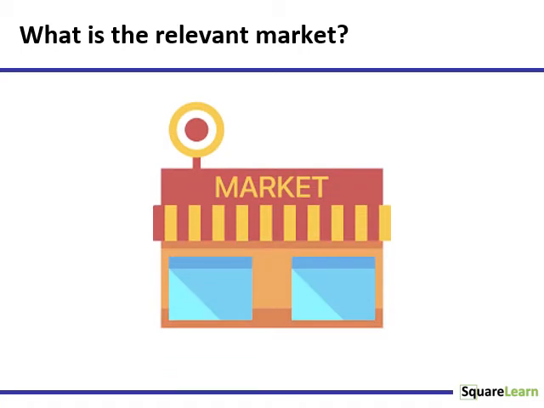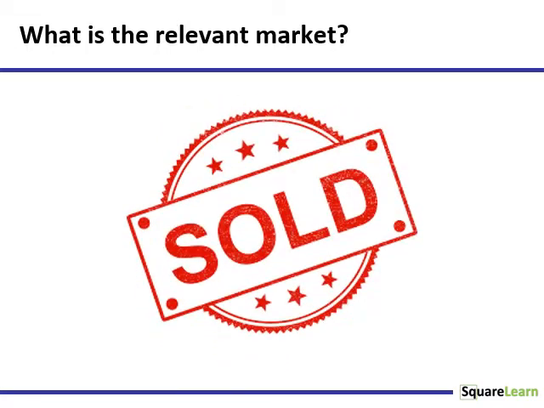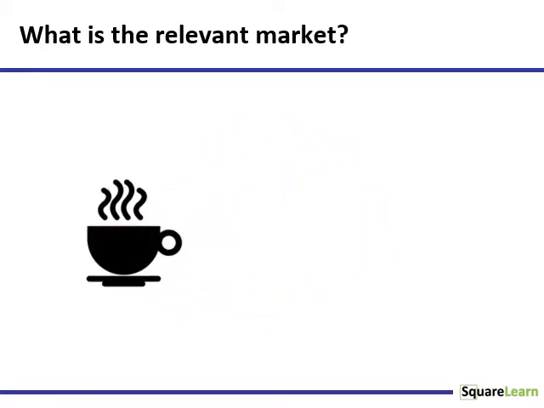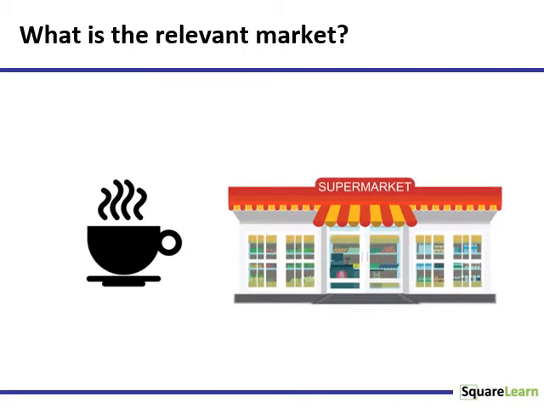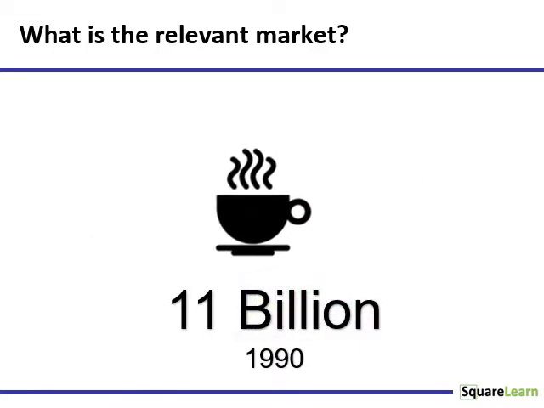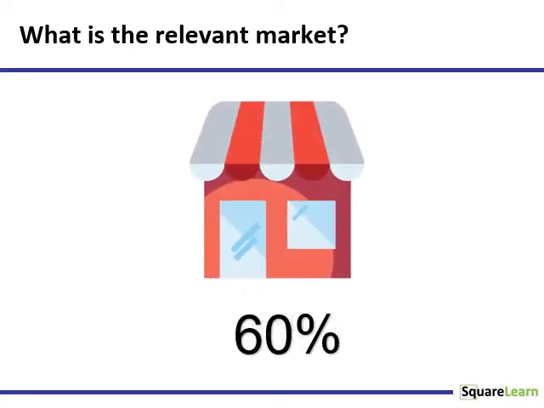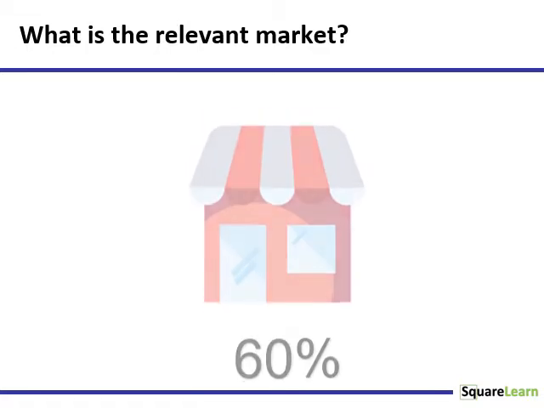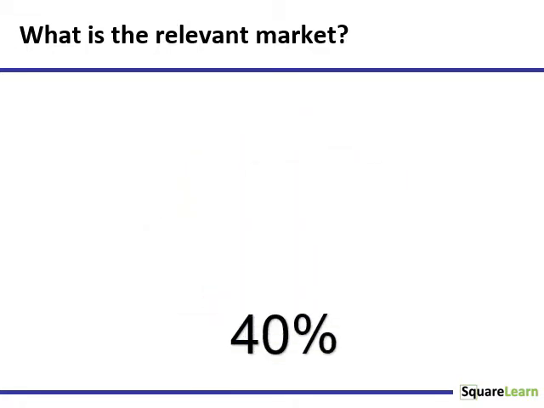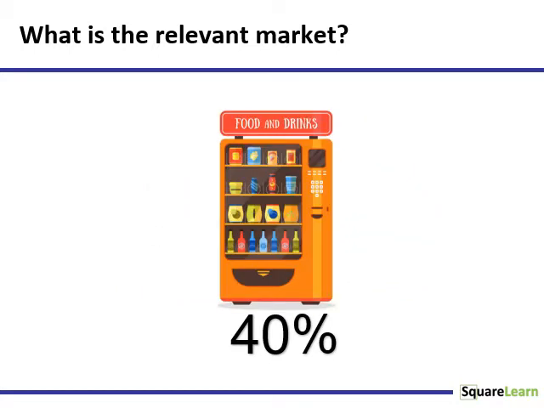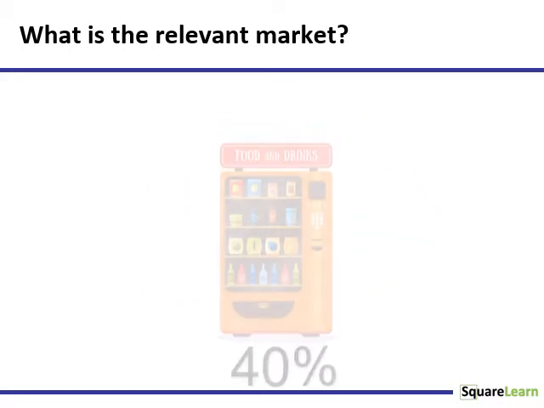The easiest mistake to make is to believe that your relevant market includes the total sales of your product's category. Example, the possibility of selling a Mexican gourmet ground coffee in grocery stores. It would have been misleading to assume that all coffee sales were in my relevant target market. Approximately 11 billion of coffee was sold in 1990. However, 60% of that total was sold in stores, while the other 40% was sold to the institutional markets, including restaurants and vending machines. That left me with a retail market of 6.6 billion.